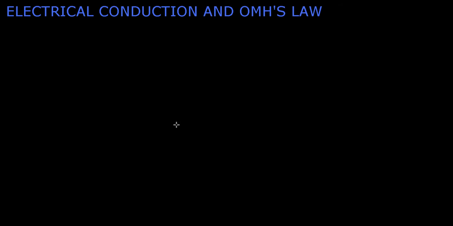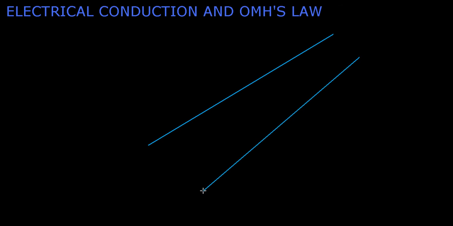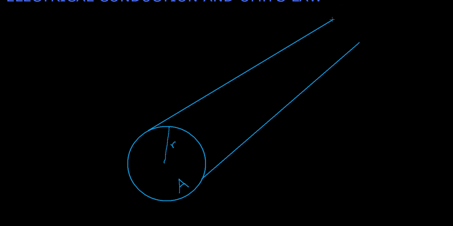So let's imagine here a conductor. This is a wire. Let's draw a thick wire here going into the screen, and let me draw a circle here. This is a round, symmetrically circular conductor, and it has a radius r, and this is an area A. So the area of this circle is A. Let me finish it here, and let's imagine that this conductor has a length l,